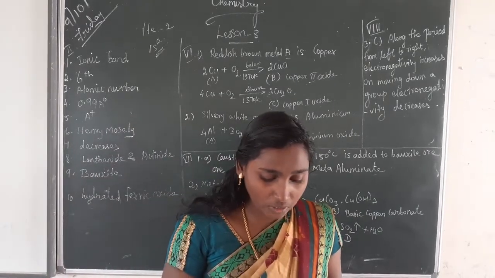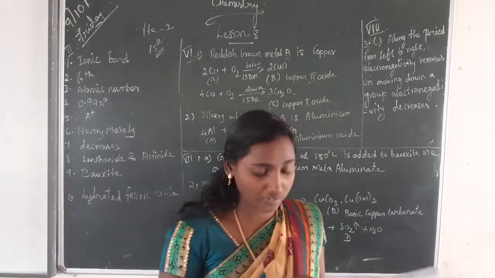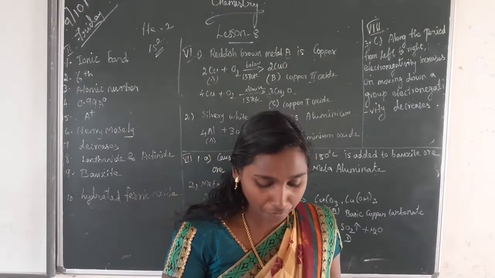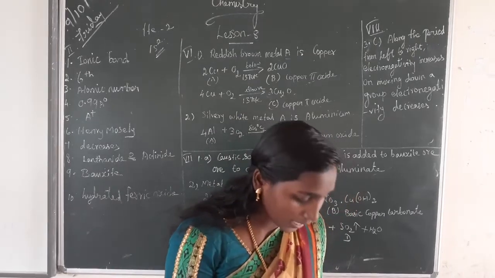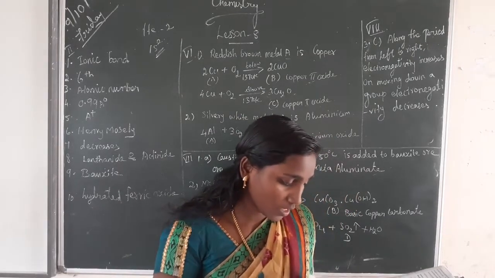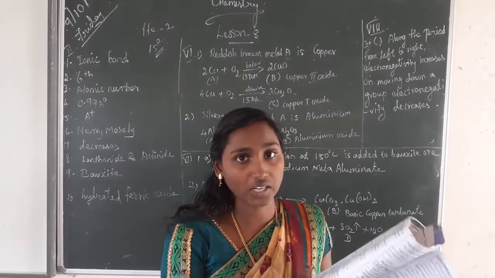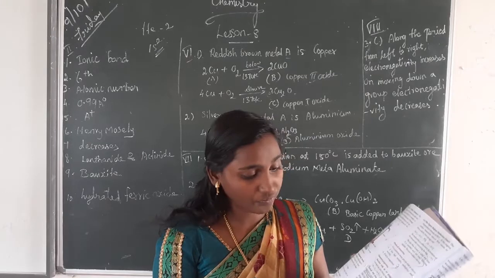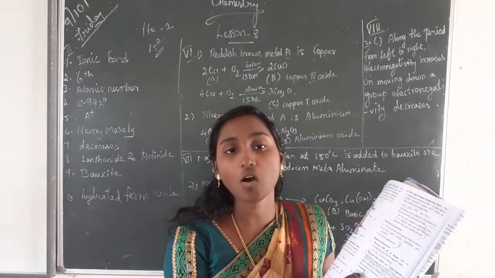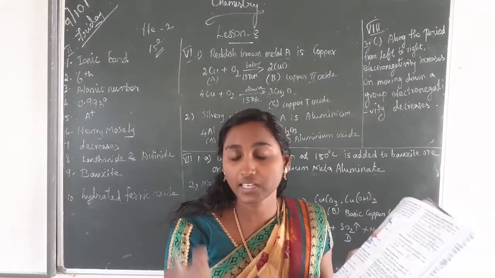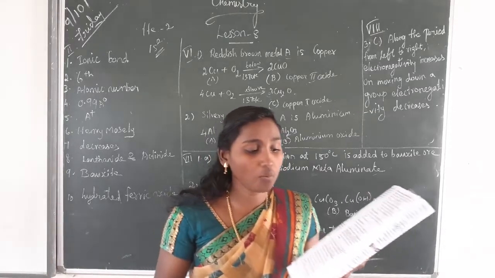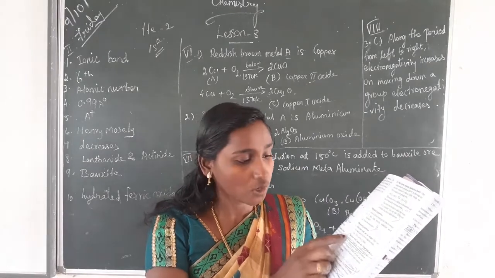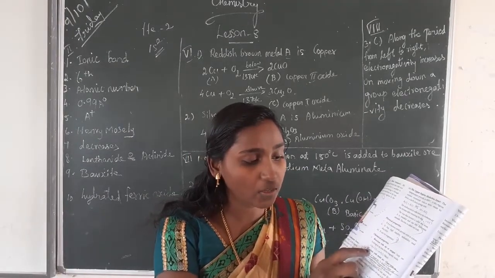Then see the third question. What is rust? Give the equation for the formation of rust. We can mark this question. Take page number 118, all of you. So rust equation we should write. What is rust equation? So when this iron reacts with moist air that contains water and oxygen, it can form one layer, one brown color layer, that is called as rust. So you should mark reaction with moist air.